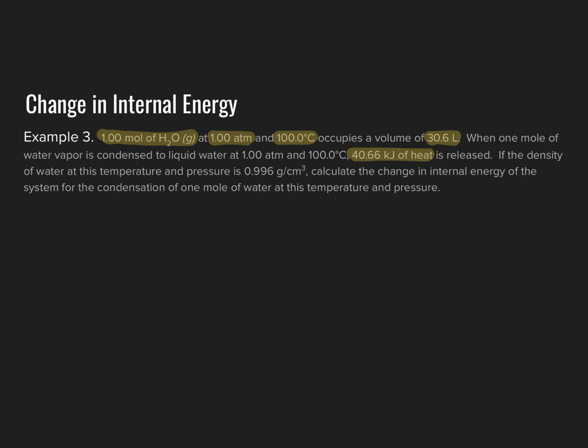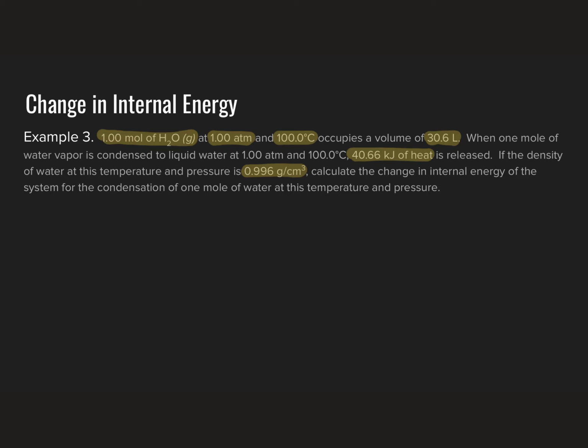Now, giving you another quantity here, the density of water at that temperature and pressure is 0.996 grams per cubic centimeter. And we would like you to calculate the change in internal energy of the system for the condensation of 1 mole of gas phase water to 1 mole of liquid phase water at that temperature and